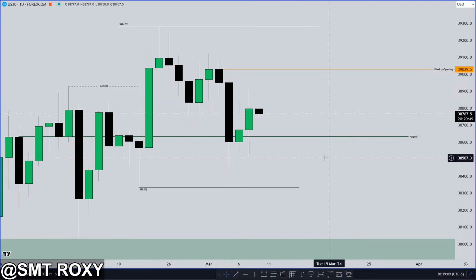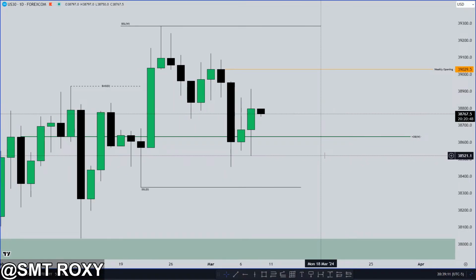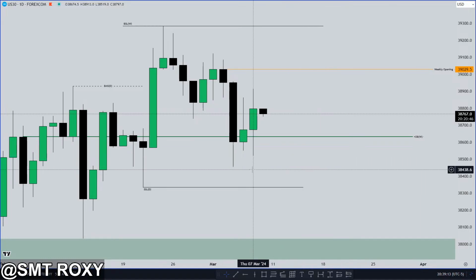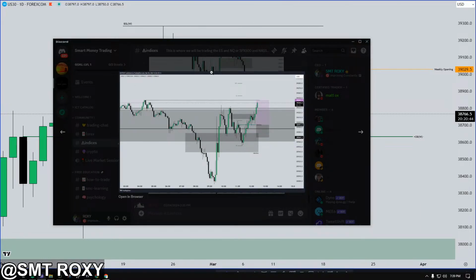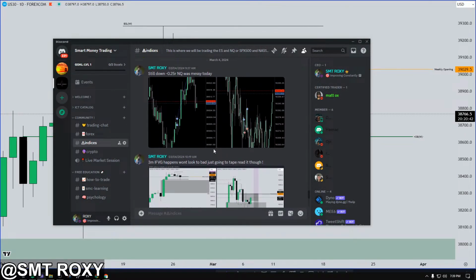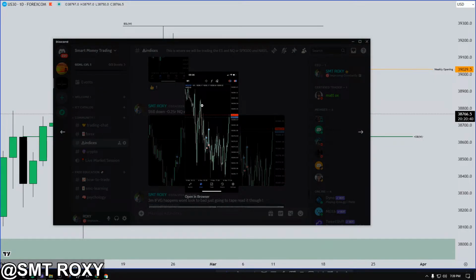So next time, probably listening to my intuition and stepping away from NQ after the first trade. I think that after I saw that price action on NQ, I should have just left ASAP. Especially this right here. Again, trading inside of a range, bro. You need to see it sweep one side, or break a market structure high, or sweep sell side inside of a range. That is low probability.